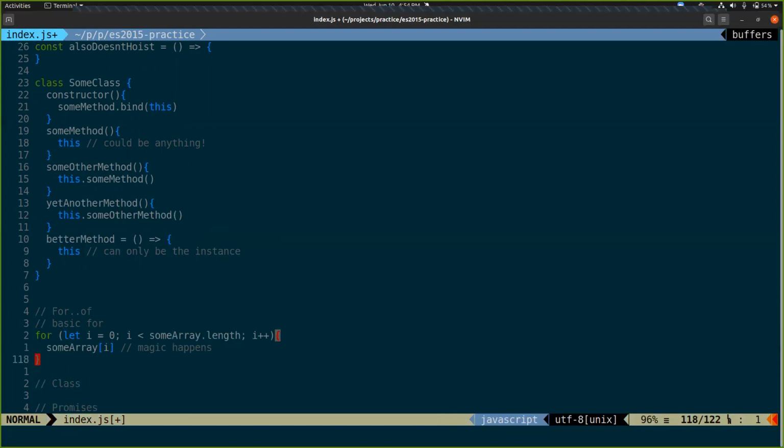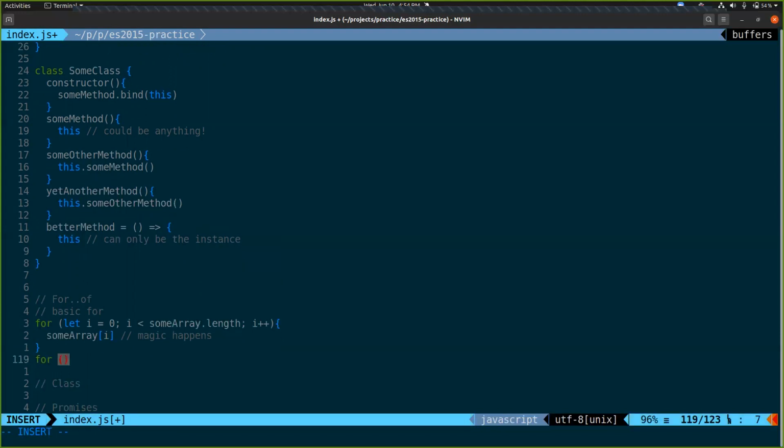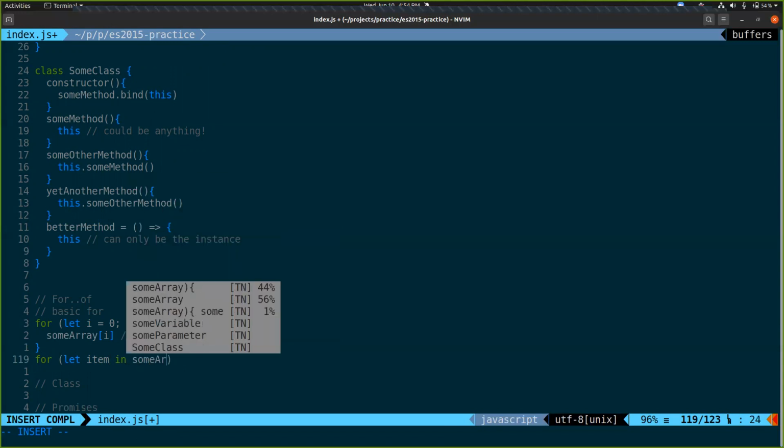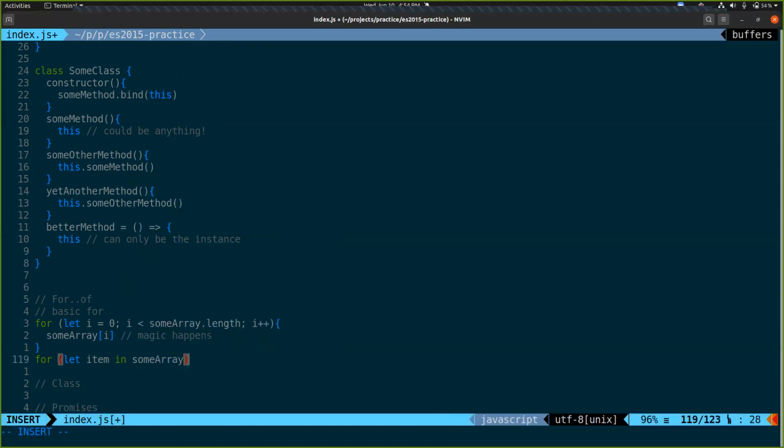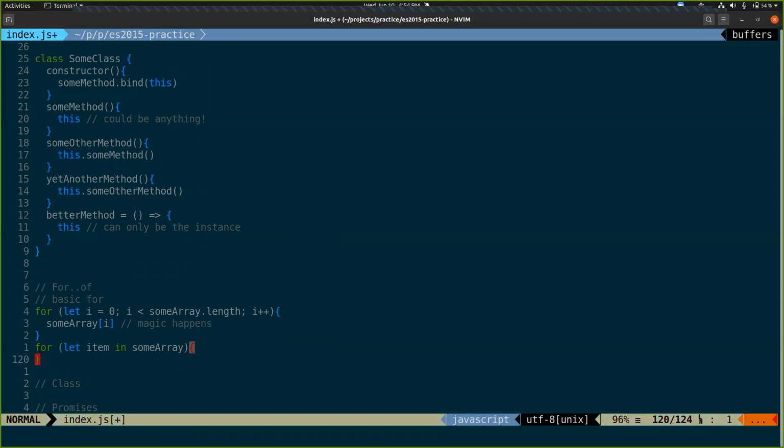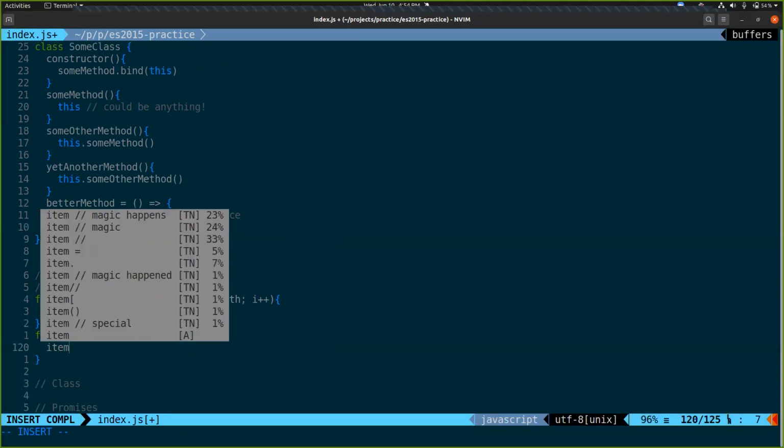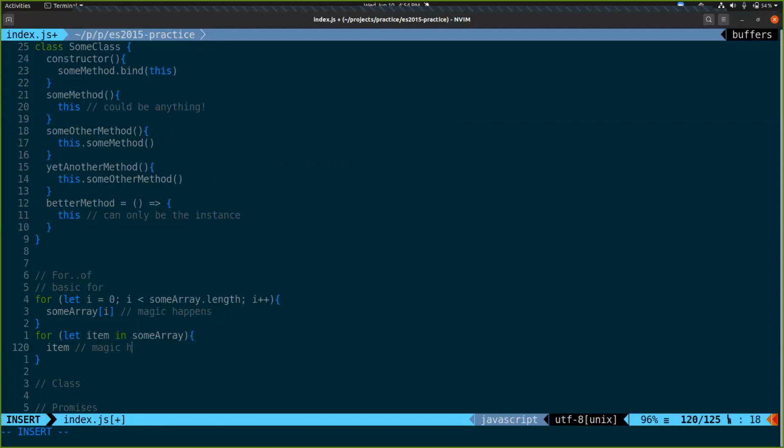There's also a for in. Those 2 for loops are the same.